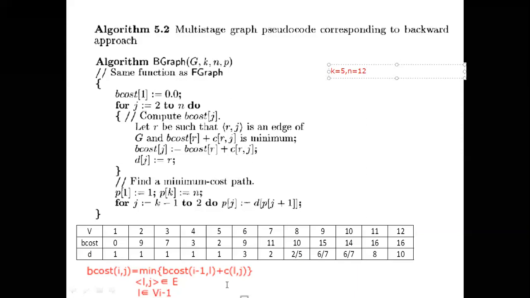Now you see here, what is our D of J? What is this D value? D value is equal to the R. That is the thing I told before: how to take from which vertex it is going to penetrate. If you want to get that, it is the same as the R value you are getting here. I hope it is clear, right? That is the way you have to fill this particular table.